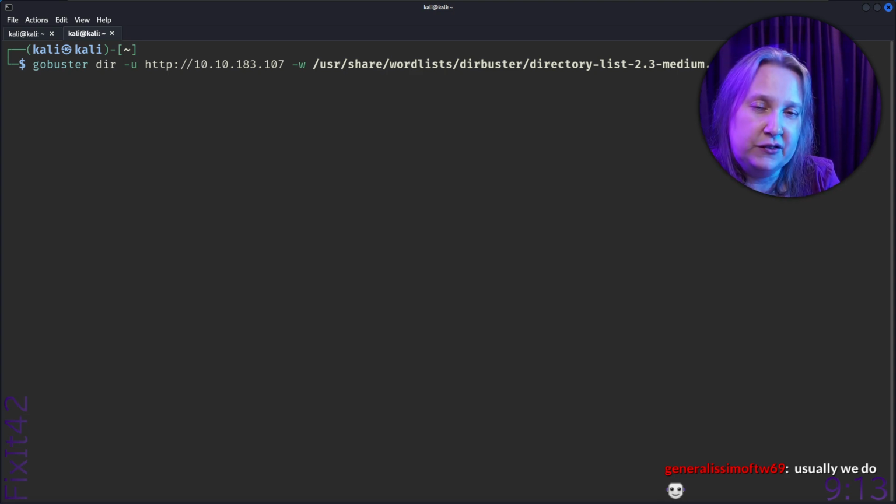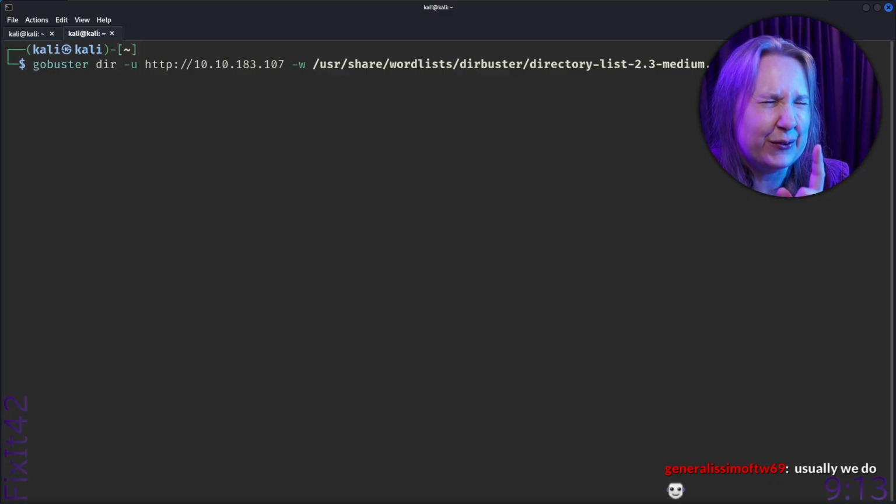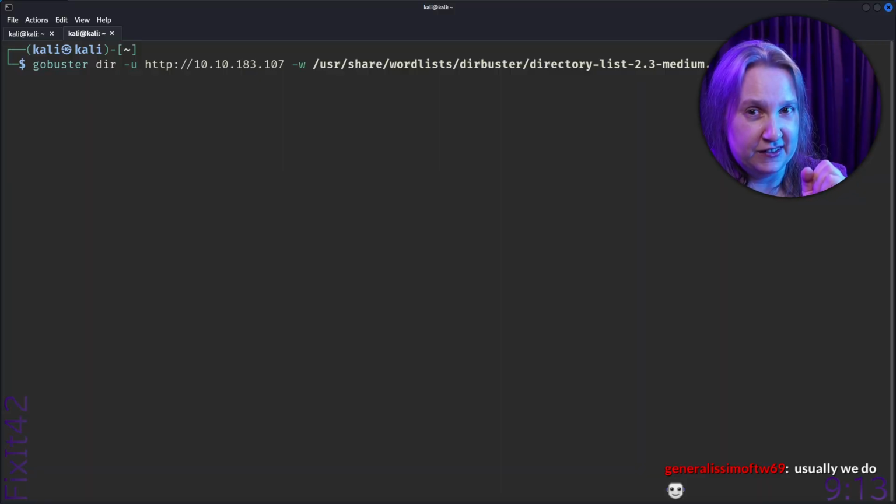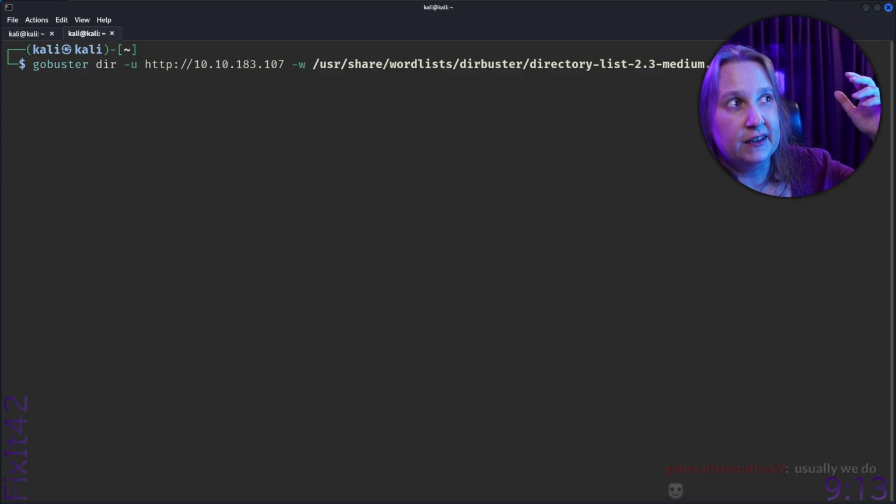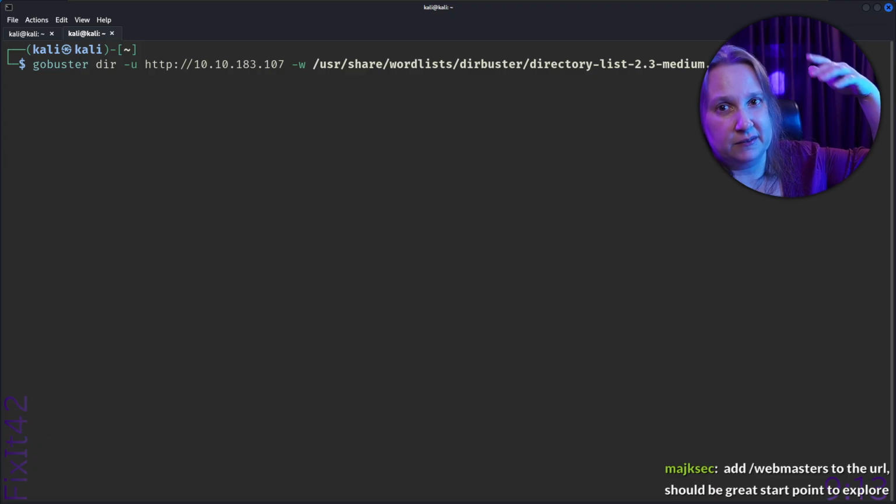So what do you suggest? Because I realized when I tried adding everything here that it went so slow. If I type too many extensions, it will take forever, because it's one try for every extension, and it multiplies.